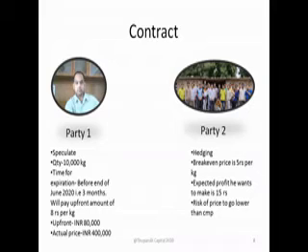So party one is trying to make a contract with party two. Party one has identified through the market that party two is willing to make this contract with him. So he's trying to establish a contract, and in a contract there are three things: price, quantity, quality. In terms of quantity, he has fixed 10,000 kg with party two.